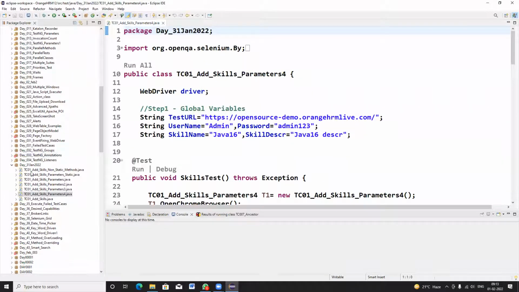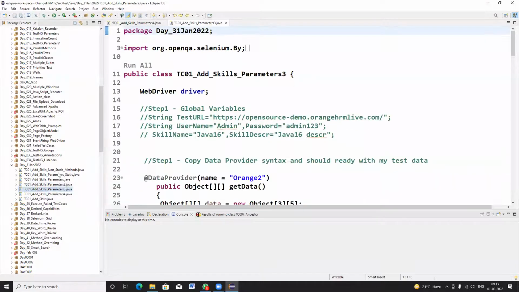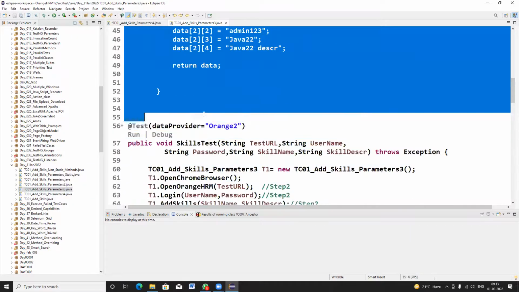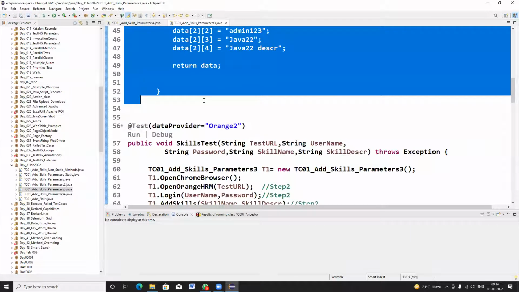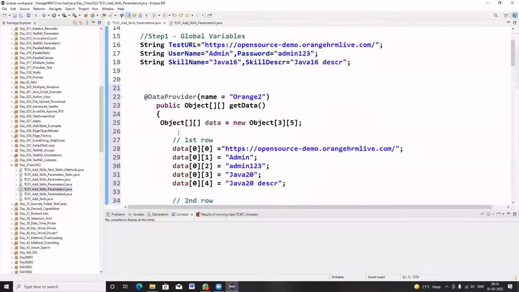So what is the first step I have to do in data provider? I have to copy the data provider syntax. Let me copy the data provider syntax, Control C, and I'm going back and Control V. So I have copied and pasted the data provider syntax.